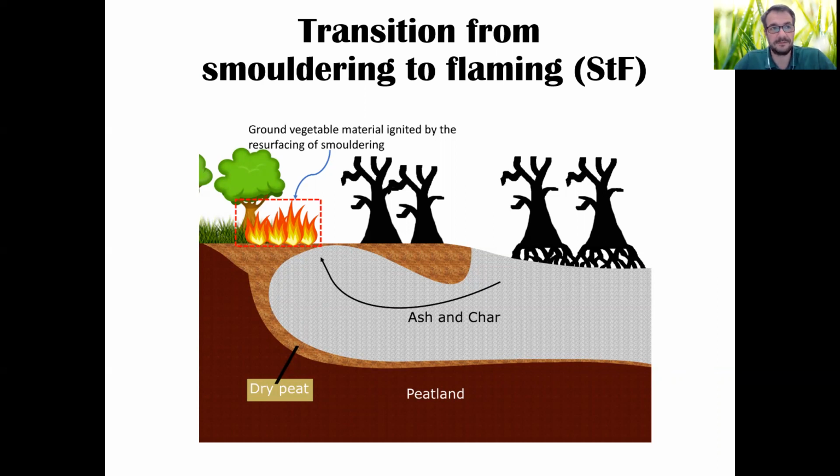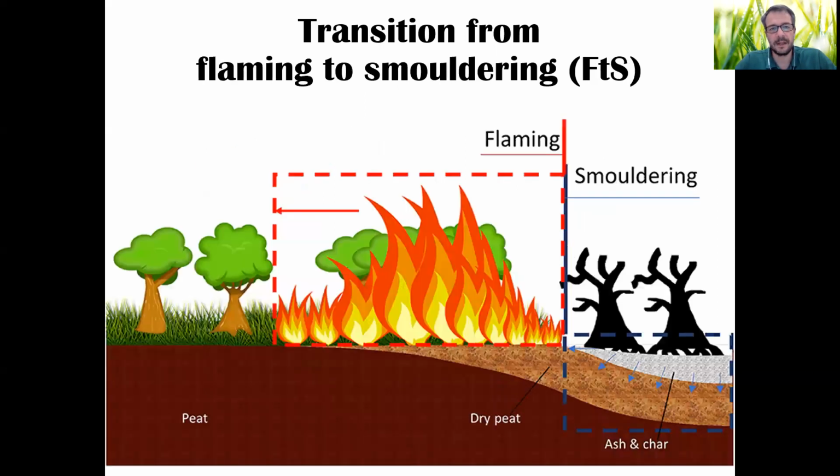Like a zombie does. And it's so difficult to suppress, like zombies are very difficult to get rid of. The other transition, which happens very often as well, but is not talked about often, is the one where flaming leads to smoldering. This, once upon a time, was referred to, and still is called, residual combustion, residual fires. So you have these big flaming fires, and behind them they leave a little bit of smoldering, or a lot of smoldering, of the trees, of the trunks, or maybe of the soil itself. But it leads to a smoldering.